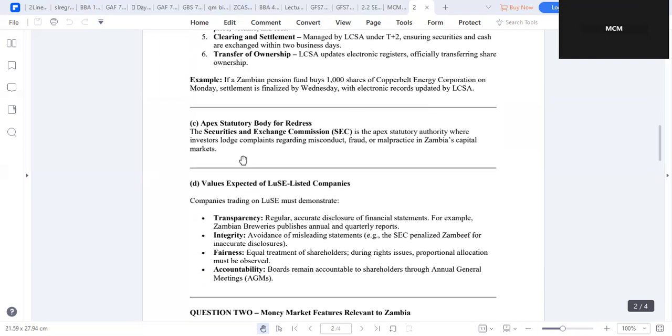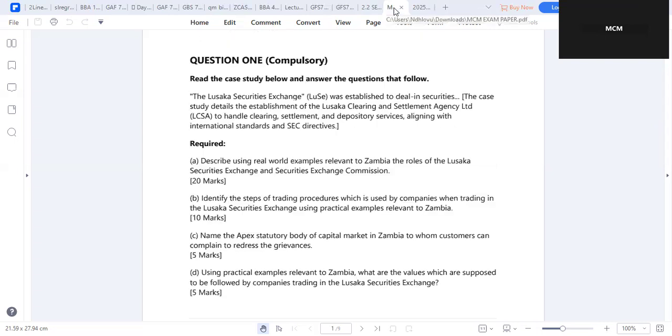Question part C, explain the apex statutory body for redress. So which one is our concord when it comes to issues to do with complaints or misconducts when we're dealing with the capital market? SEC is actually the apex statutory authority where all complaints regarding such can be taken, right? So we're still looking at